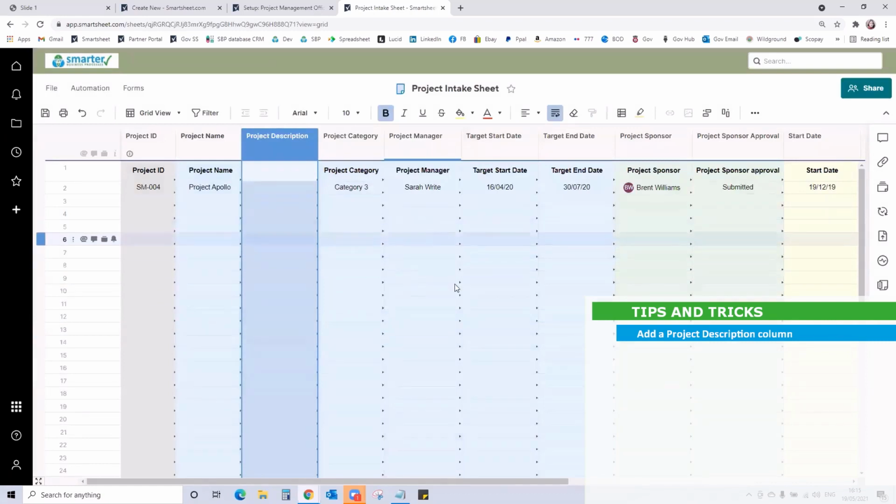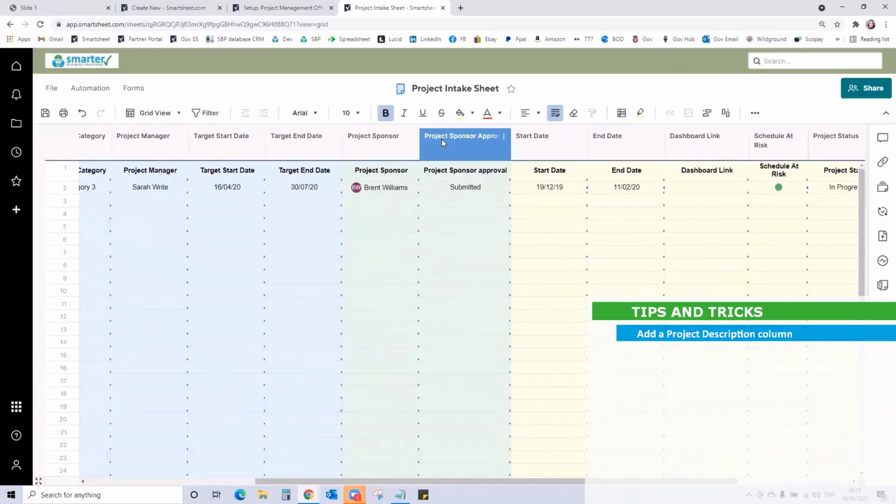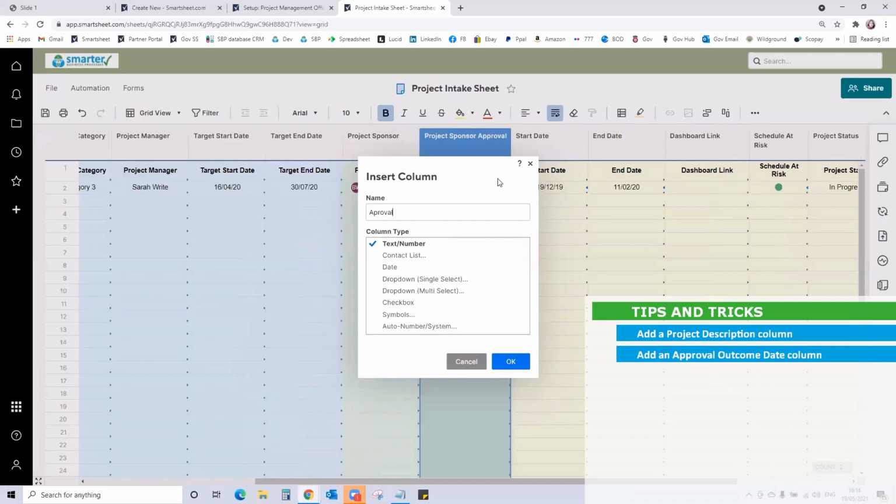And the other one I would also recommend is to make use of a new automation, and that is an approval outcome date. So when the project request comes through,